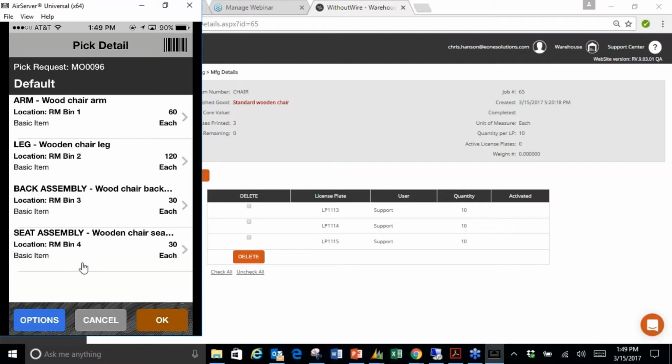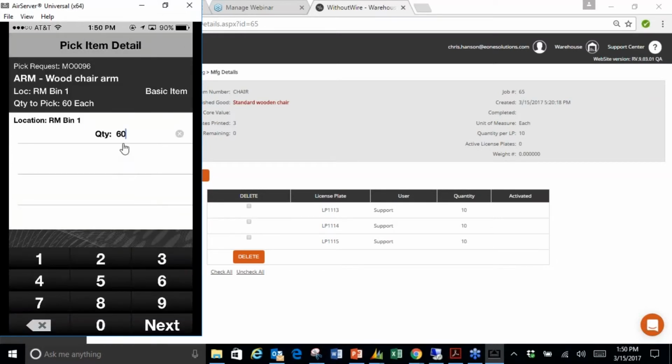Once here, again, you'll see all of the raw materials needed as well as the quantities for this manufacturing order. Two ways: we have a scanner on, or you can use the camera by selecting this barcode. I do have a scanner, so I am going to scan